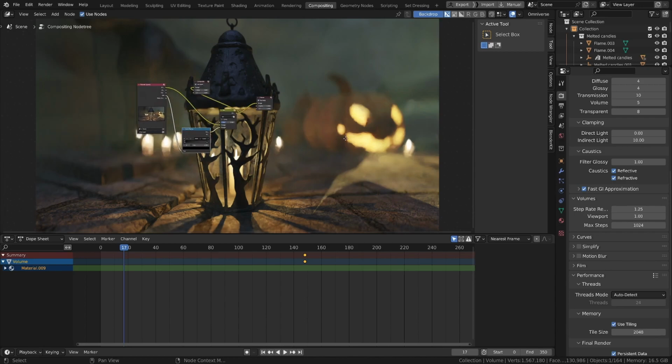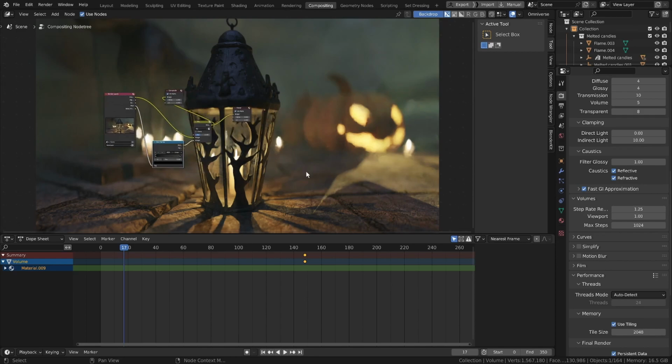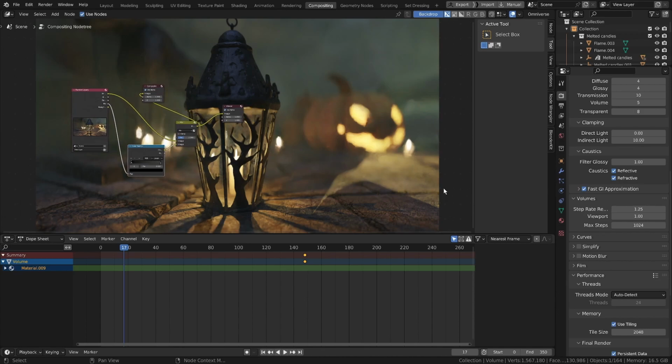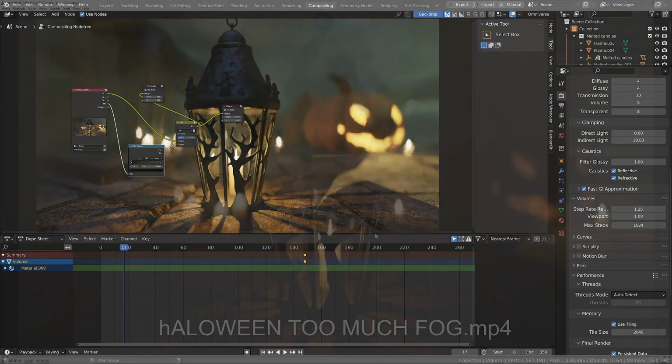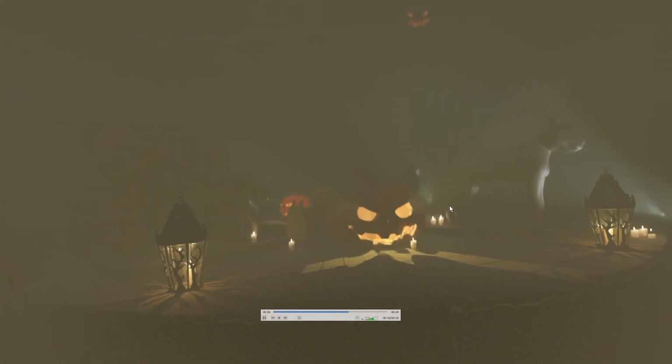So just a cautionary tale for you guys. Happy Halloween, happy late Halloween. Make sure that you've got your render settings tweaked to perfection. Spend a little bit more time on it before you hit Control F12, because that was a lot of GPU time to get a lot of rubbish. It really was. Like this, really not great. So if you compare that to this,